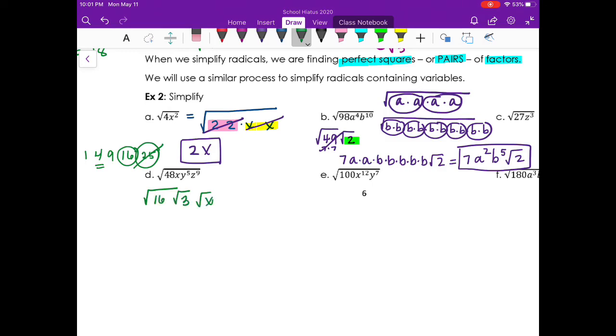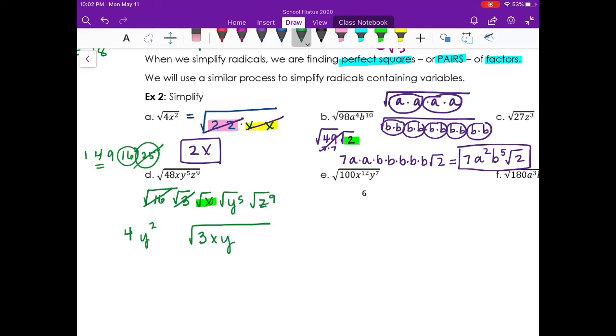I've got an x, a y to the 5th, and z to the 9th. So 16 is a perfect square. It's 4. And what I like to do normally when I'm just working them myself is I just leave some space to put my variables, and then I go ahead and put the leftovers on the inside and I just work my way across the problem. So this x cannot be made into a pair, so it will have to stay on the inside. Y to the 5th, I could get 2 pairs out of that, so y squared will go on the outside